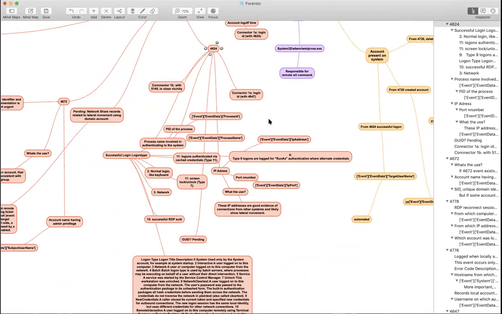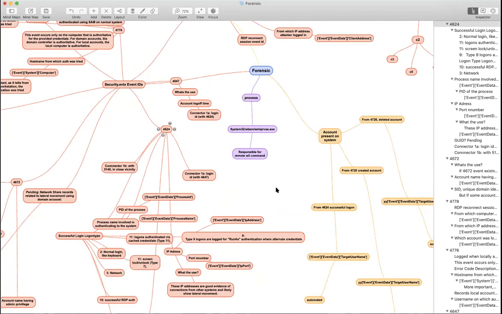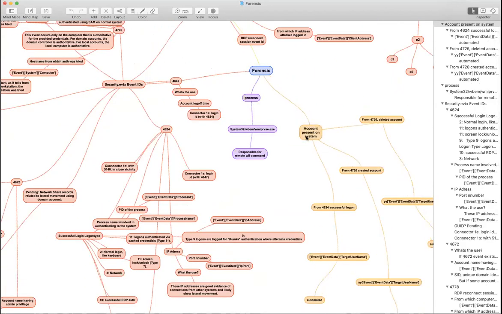Okay, so the first thing is to see who all logged in. For that you need to know what accounts are present on the system, so there needs to be an account where the attacker actually logged in. Suppose there are multiple accounts, what you do is get all the account names existing on that system. And you can do that in three ways. First, from the 4624 event you can know the accounts where some login happened, so from that you get the list.